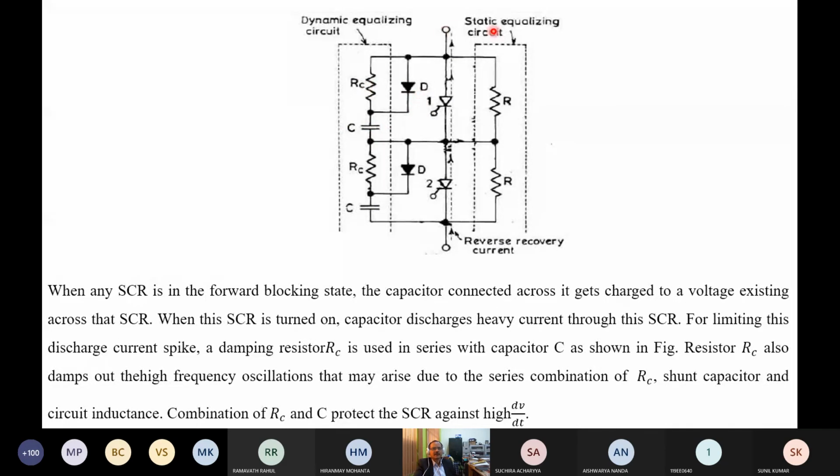Now you see, when the voltage is applied, the capacitor is charged through the diode, not through the resistance. Current will flow like this: D1, C1. If one thyristor is there, this is reverse circuit actually. D1, C, D2, C. So it bypasses the resistance because this is a high resistance path, and losses will be less here. The diode provides a very low forward resistance, so voltage drop here is less.